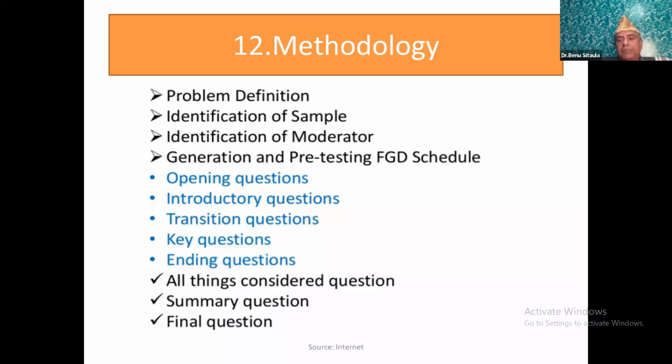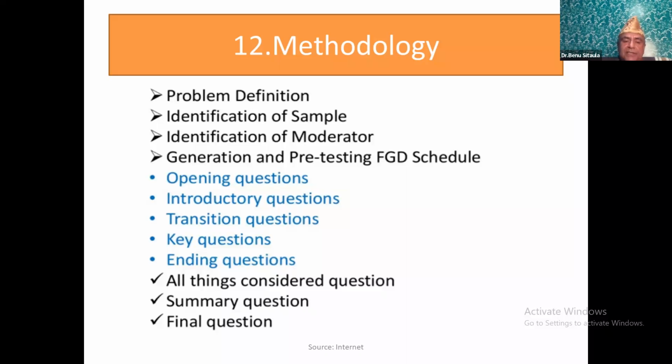You must find out before having the focus group discussion and gathering the people. Then another thing, identification of the moderator is also very necessary here. Then the most important thing is the generation of the pre-testing focus group discussion schedule. This schedule,